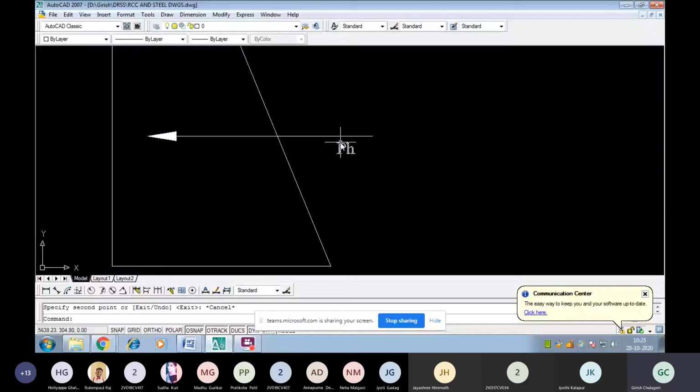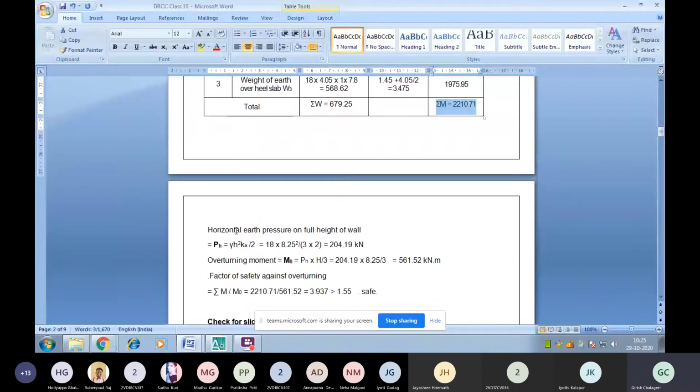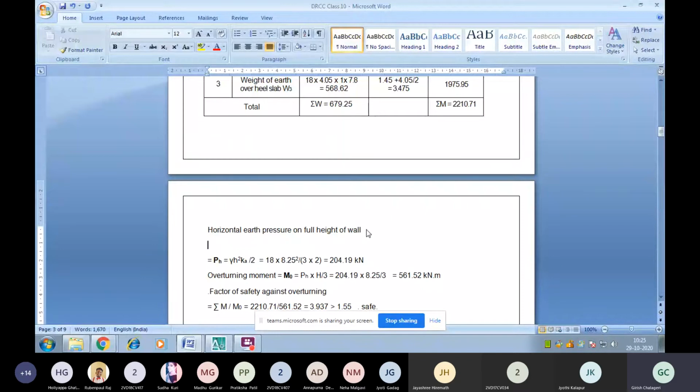So the same thing you can show here, the pH value. After density, we can see the pH value is density H square Ka by 2. That is pH. I told you, half base times height. That is the area of the triangle taken as the pH value. We can write it this way, otherwise if you feel it is difficult, before writing pH, I can say pH is equal to something. Directly I have taken the horizontal pressure at the bottom, let us see like this.